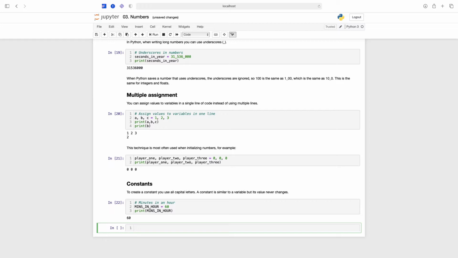Okay guys, that's it for this moonshot, and this moonshot is just meant as a simple introduction to numbers. There's obviously a lot more that you can do, and if you'd like to know more, then check out my